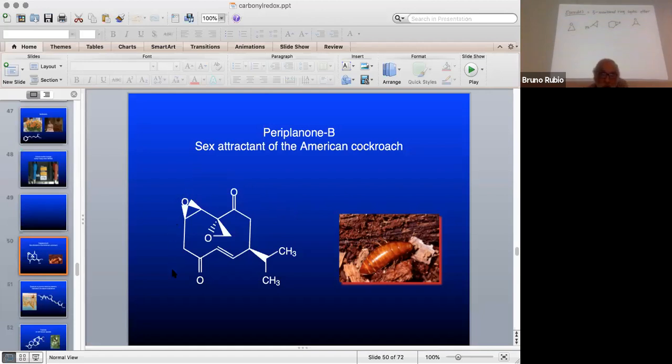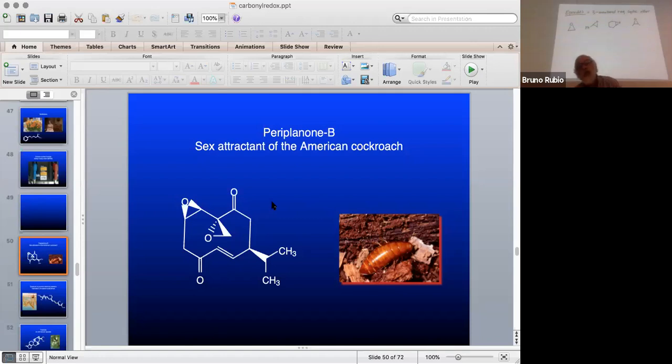Millions and millions of dollars were spent figuring out what this compound was so that it could be created in a lab, so that you could impregnate that roach motel with lab-created periplanone B. I think this was finally synthesized by Professor